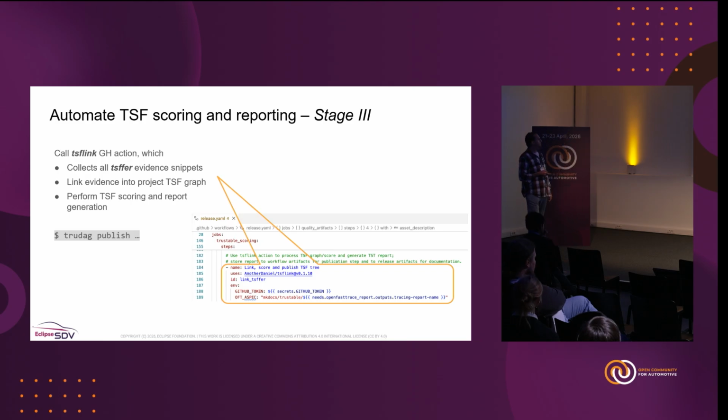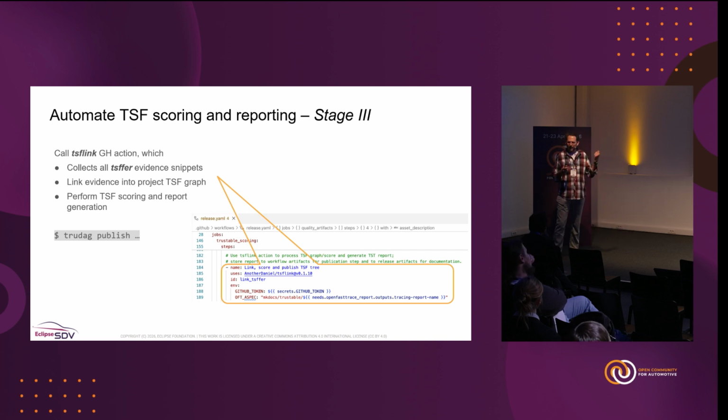Once you've done that, this is now led towards the end of my release workflow. As I said, that's the automation where you use all the data that you put in. Again, what I'm doing in my example project is stupid and simple because the heavy lifting is done by other open source projects, the TSF tool, for instance, and others. What I'm doing here, I'm calling another GitHub action that I wrote